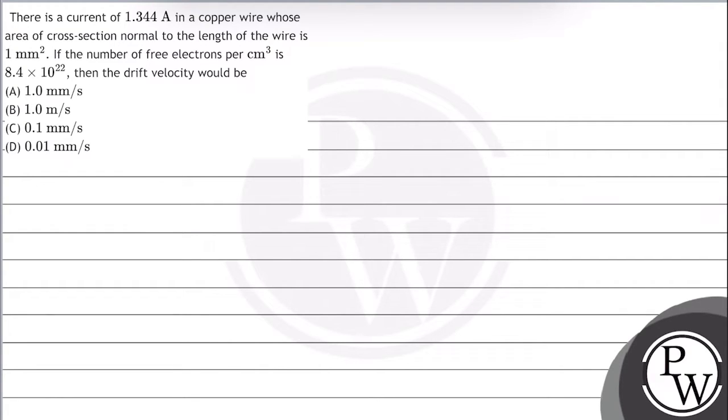The question says there is a current of 1.344 ampere in a copper wire whose area of cross section normal to the length of the wire is 1 millimeter square. If the number of free electrons per centimeter cube is 8.4 into 10 raised to the power 22, then the drift velocity will be. In this question, the key concept is